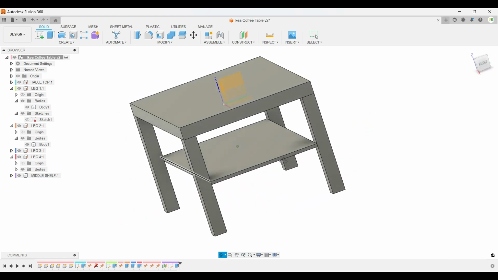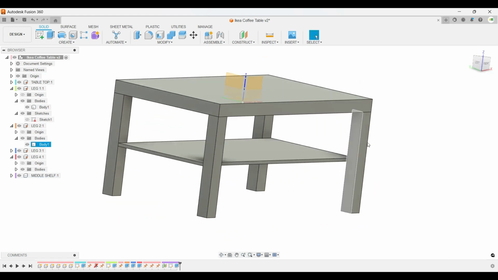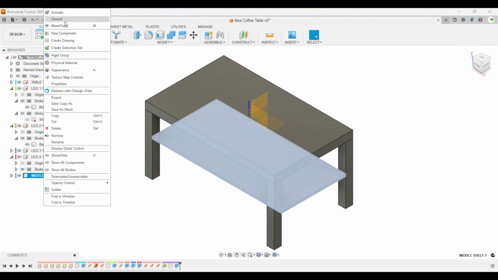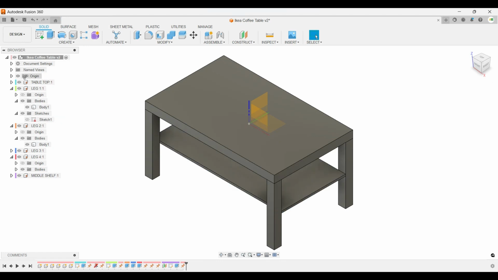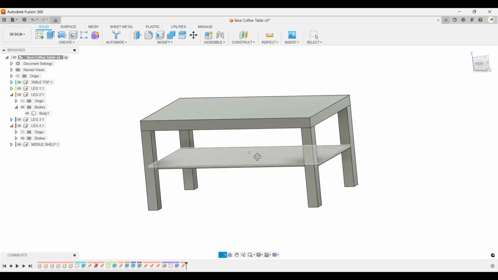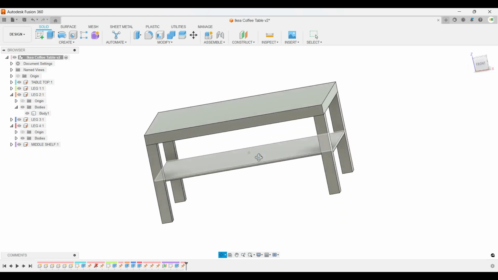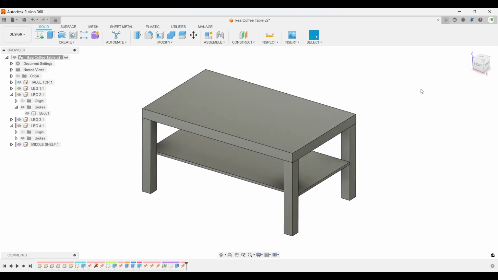So now that that is done, we can go ahead and click the home button. We can ground our middle shelf, and then we can hide everything we don't need. And you can see that is how you make and design a coffee table, the LACK coffee table